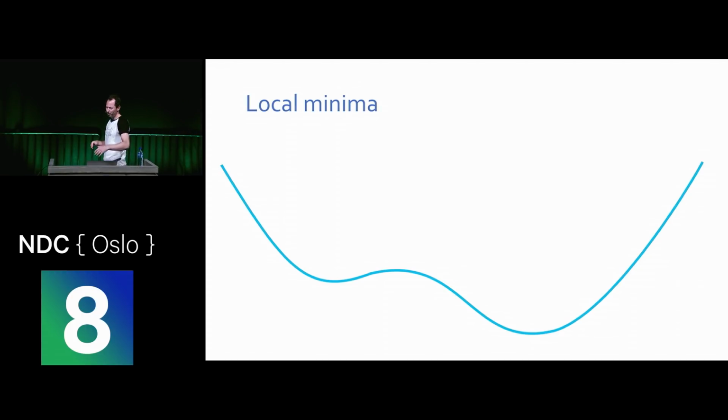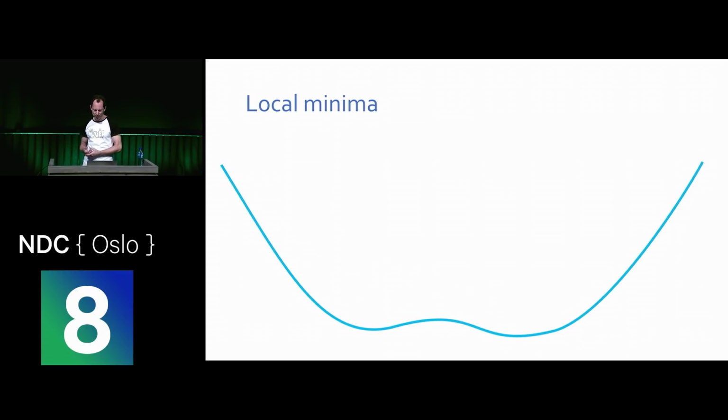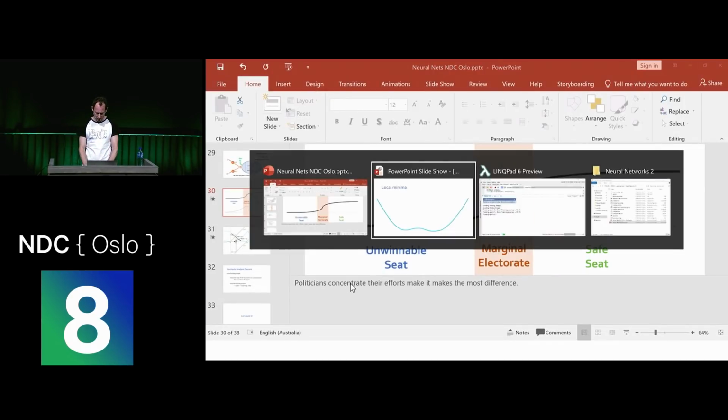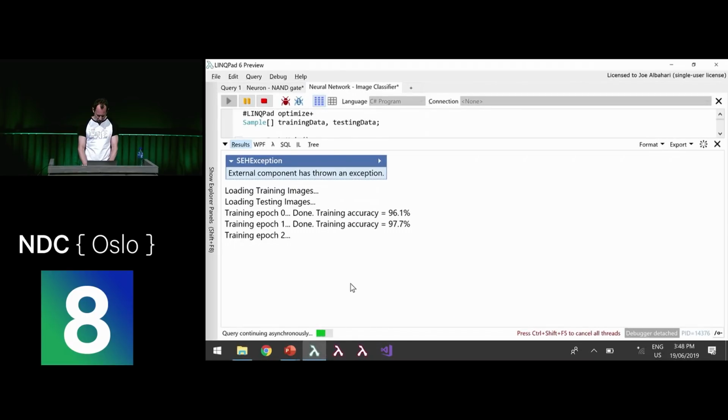But one way you can help avoid that problem is if you keep it simpler. So if you have fewer layers, less complexity in your function, you still get the local minima, but they're all quite close together. Right? So it turns into less of a problem. And what we're doing here is pretty simple, so we don't get too many of these problems. See how this is doing now. It's kind of slow, isn't it? That's running so slowly.